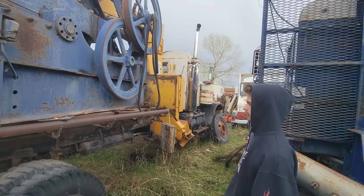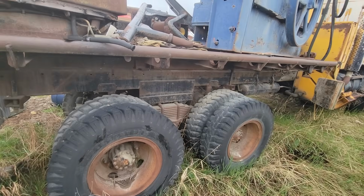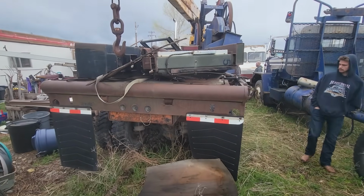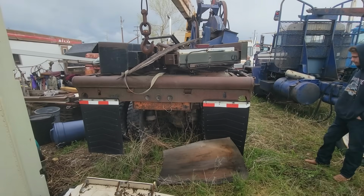Definitely don't have a trailer to haul it right now, but if we did take it home, I'd just build a tow bar, cage all the brakes, and just drag it that way. That's what I'd end up doing. But